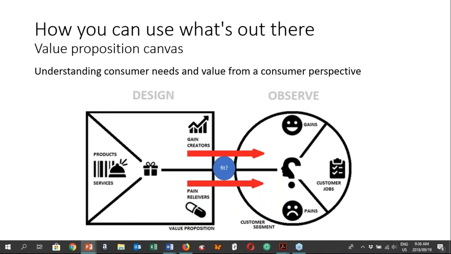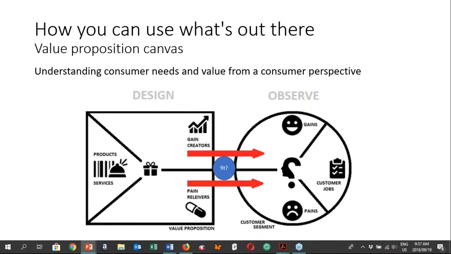Understanding consumer needs and how we can create value, or new value, or augment value for our consumers. We've given you an example of a technique used by Strategyzer. It's called the value proposition canvas, and this is really to understand the realities our consumers are facing.